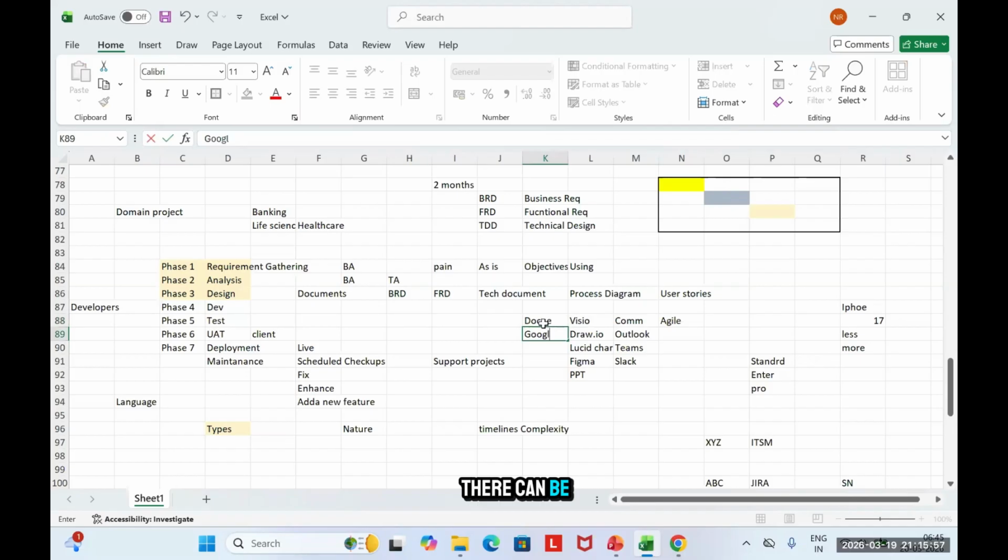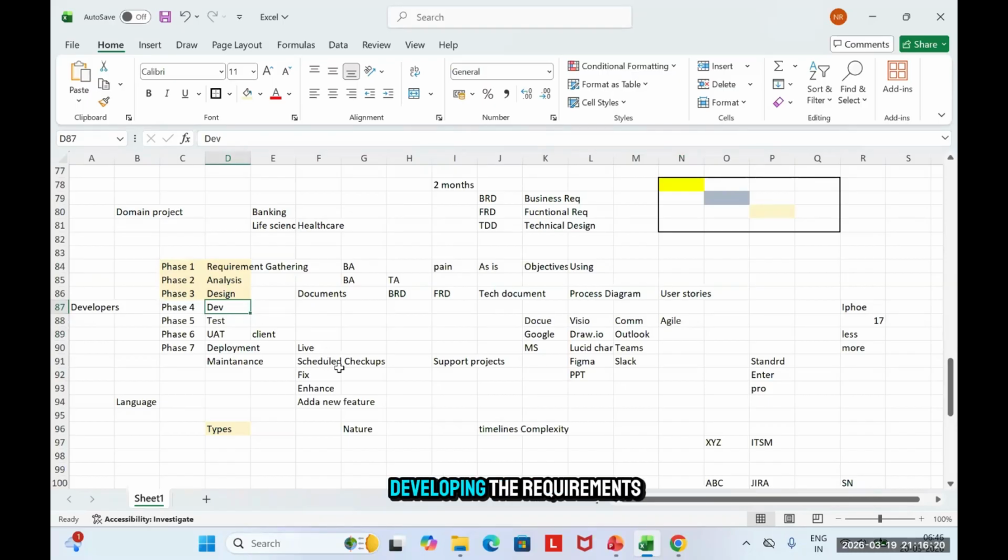There can be Google Workspace like Google Sheets, Google PPT, or there can be the Microsoft Suite as well, like Word, PPT, Excel.